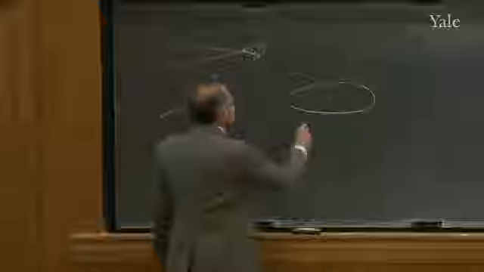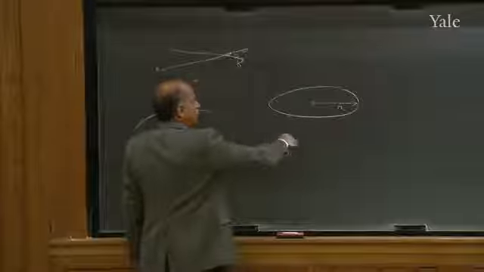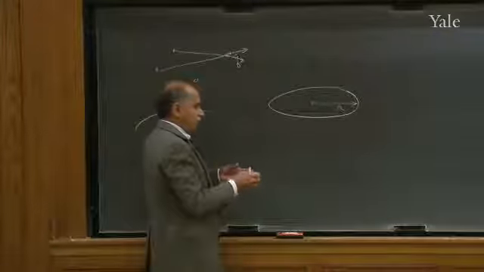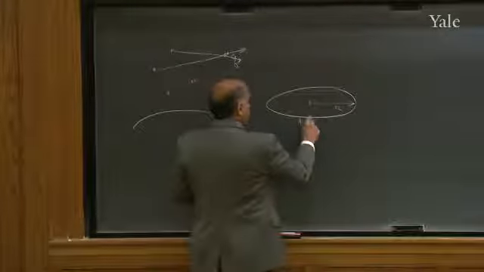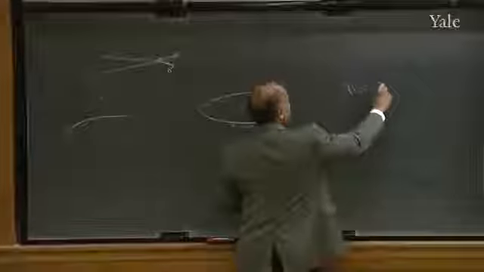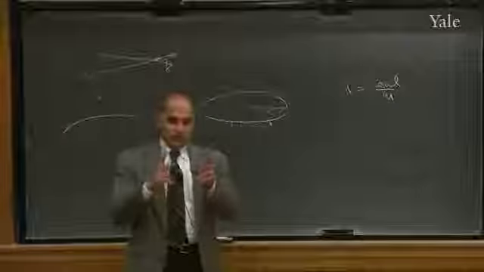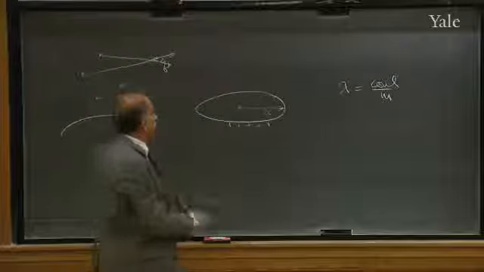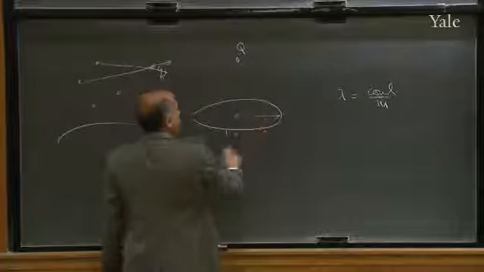The ring has some radius. You pick your radius, r, and the charge on it is continuous. It's not discrete. Or it could be, in real life everything is discrete, but to a coarse observer it will look like it's continuous. So we can draw some picture here. Charges all over the ring, and lambda is the number of coulombs per meter. That means if you snipped 1 meter of the wire, it'll have lambda coulombs in it. And you want to find the electric force on some other charge Q due to this wire.